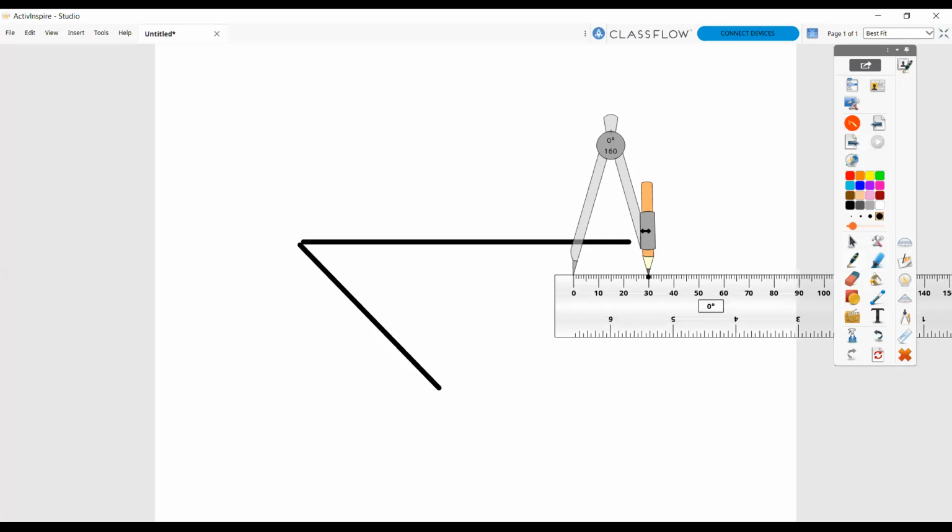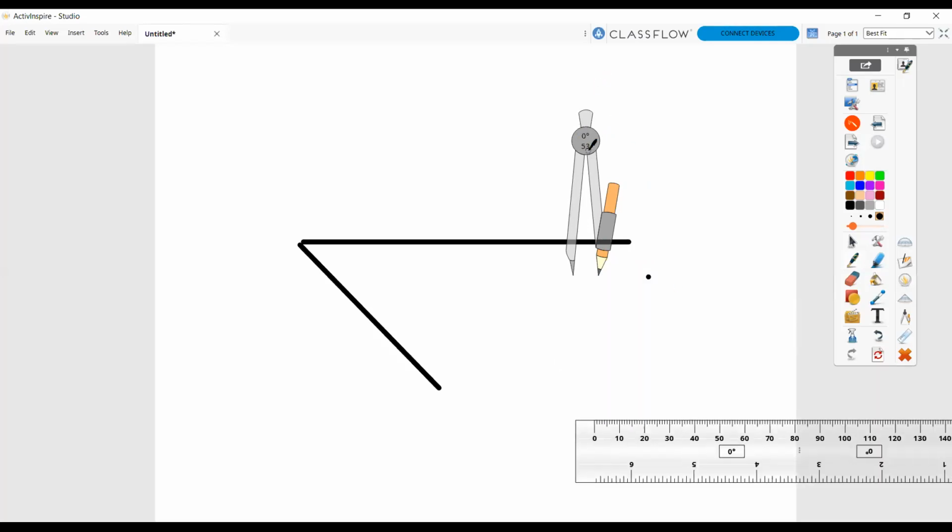So set the compass at the measurement of one division. What is the measurement of one division? The one division measurement is 10 mm. It is not possible over here exactly for me, but you have to make it. So you have to open the compass equal to division 1. Open the compass as much as one division, then set this point here and make the 8 divisions. Division number 1, then division number 2. So these 8 divisions will also be equal.